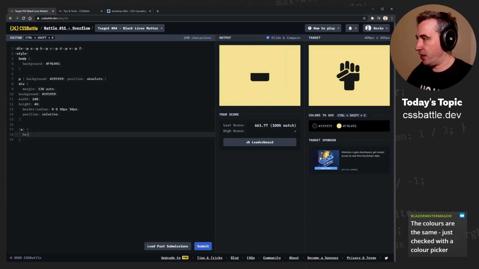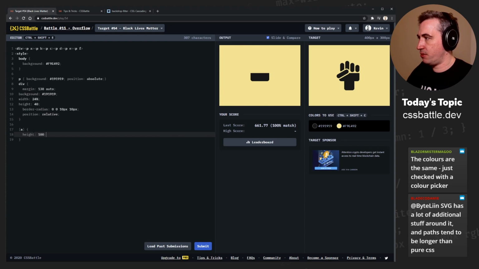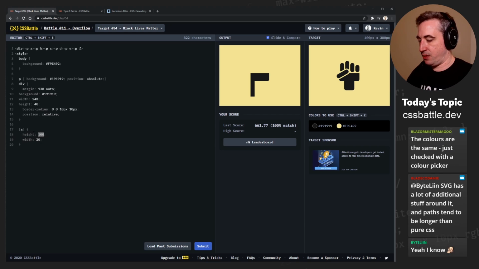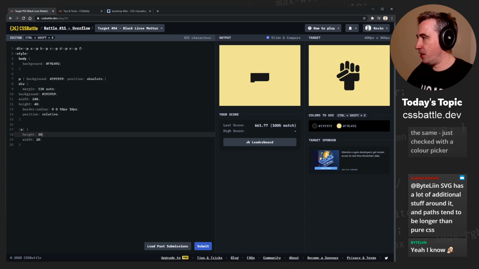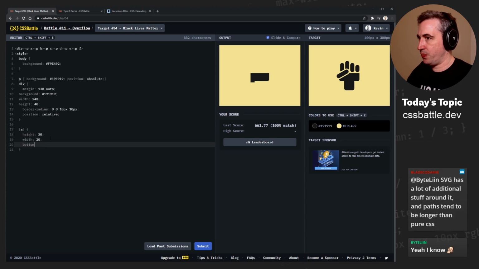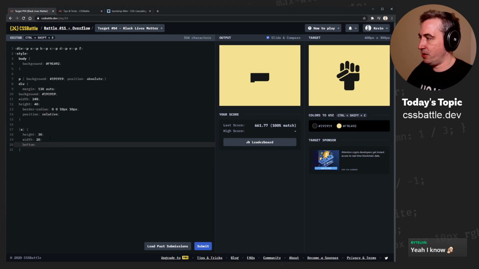And then A height of 100, width of 50. Okay, so it's working. Width of 20 pixels. Sure. Height of 30. And then bottom is going to be